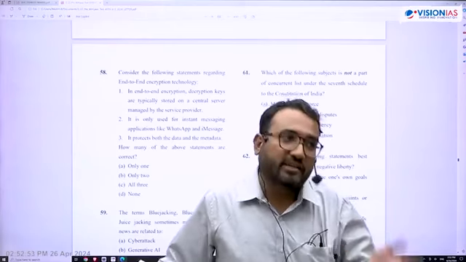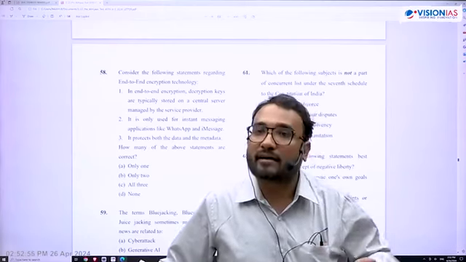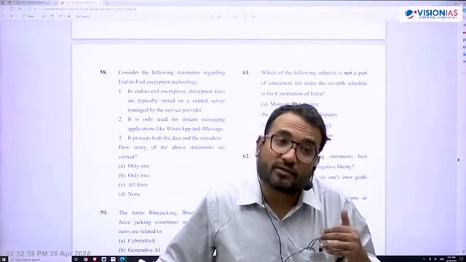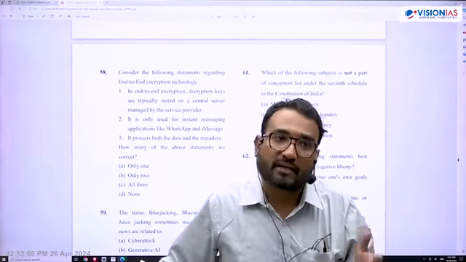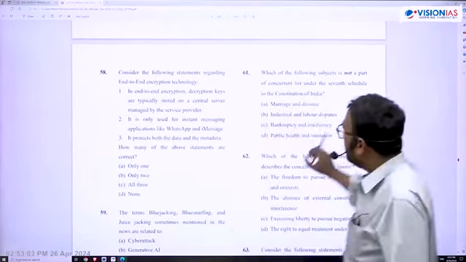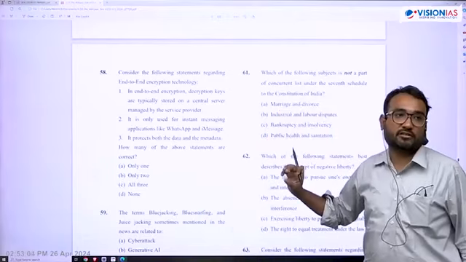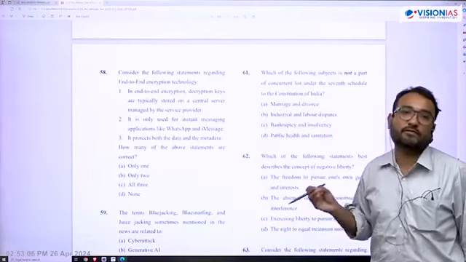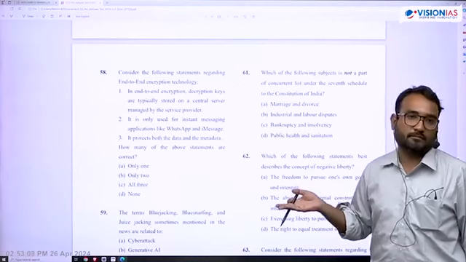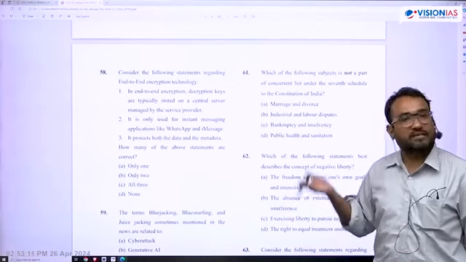So many times they are not checking whether you know something. What you know, they want to see whether you can eliminate that or not. Get it? So you have to be very intelligent. Here, throughout COVID there was a discussion that public health is a matter that falls within the state domain. Public health is a matter that falls within the state domain.